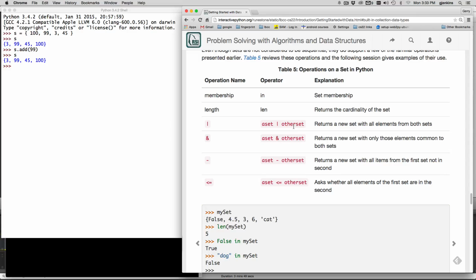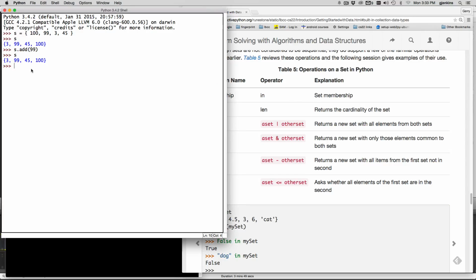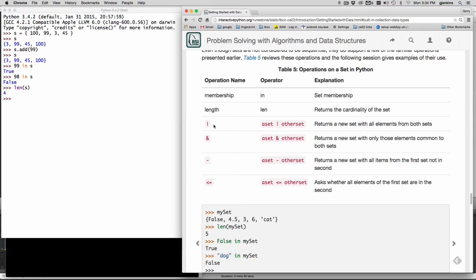So sets are from math, and the first thing we have is membership, which works just like list. You can check if something is in the set. So I can check here, is 99 in the set? And it says true. Is 98 in the set? And it says false. You have the length of the set. So these work just like the other collections. And then we have or, and